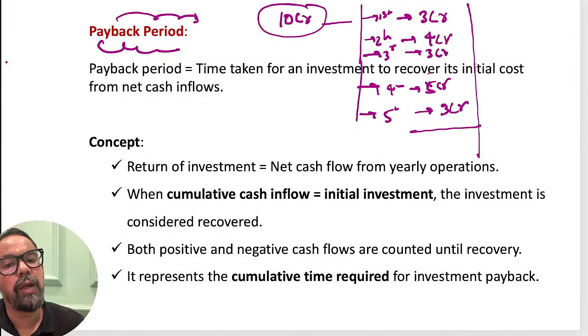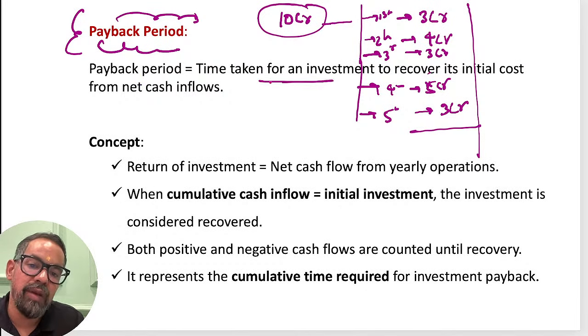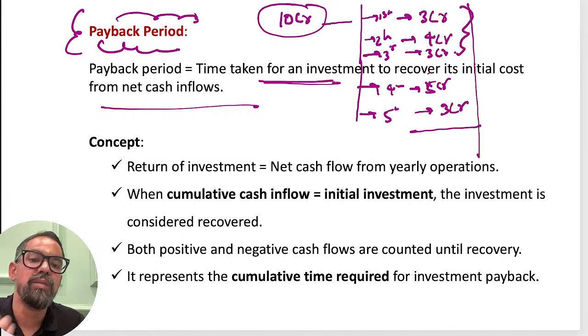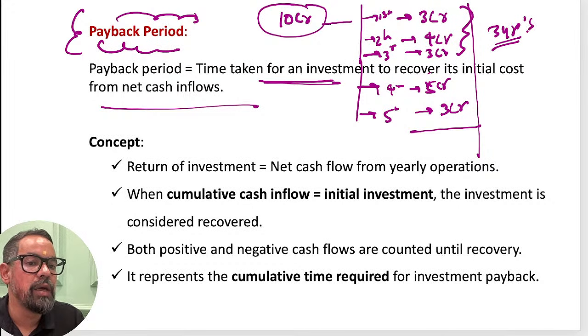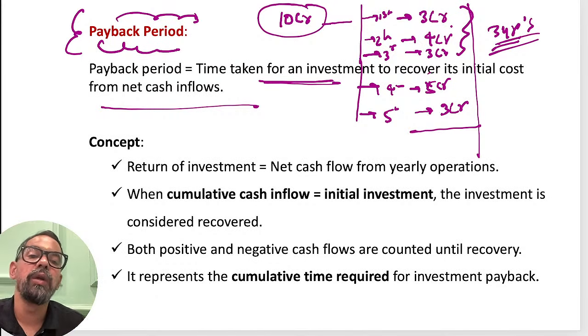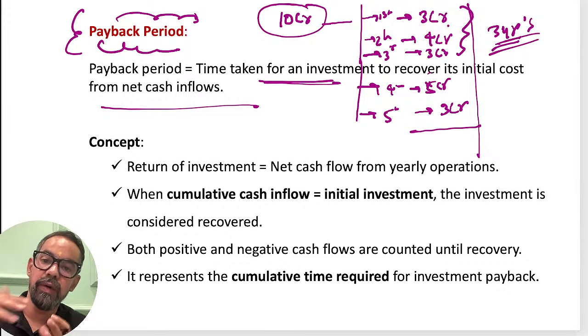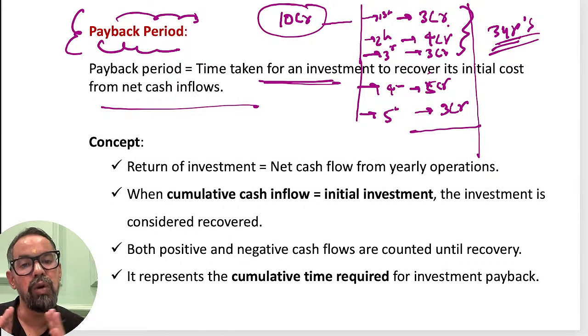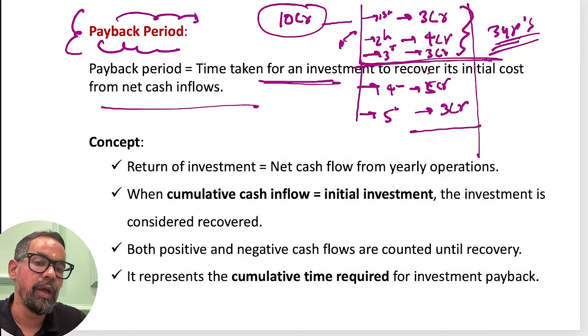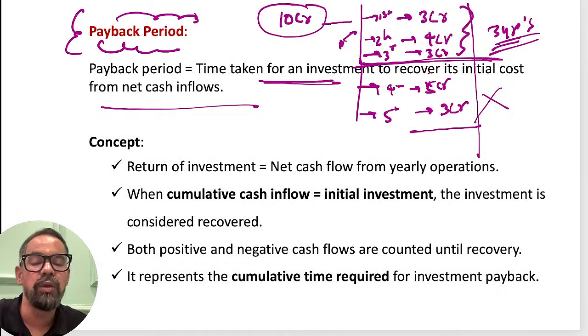Now how do we calculate the payback period? It simply says the time taken for the investment to recover the initial outflow. So what will be your answer? How quickly are we getting back that invested money? So 3 plus 4 plus 3 means the payback period will be 3 years in this particular case. Simplified version: payback period is all about how long it takes to recover the initially invested money. It does not consider what happens with the project afterwards. That is the only criticism of this method.